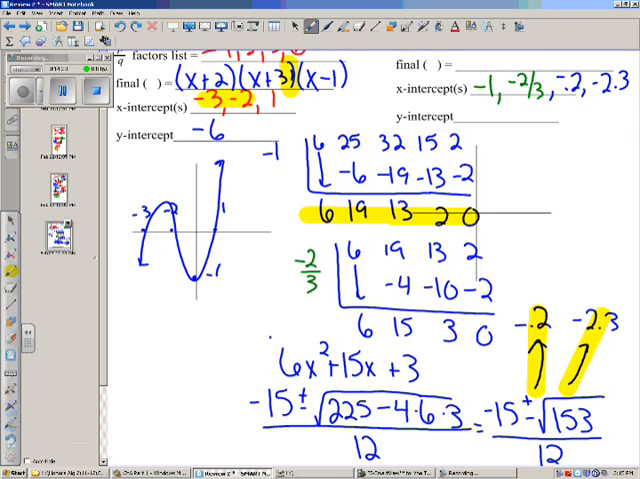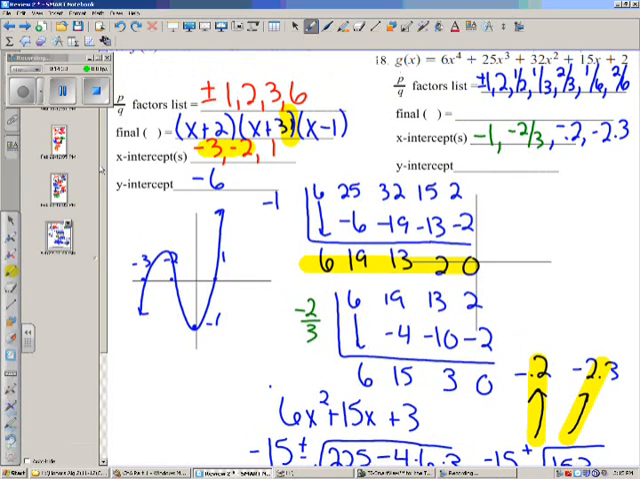Now I'm going to put in my parentheses. So remembering that I cheated with the -1, I'm just going to put in x plus 1. And that I cheated with the -2/3, I'm just going to put x plus 2/3, very basic. And then if I think about what got me to my decimal numbers, that was 6x squared plus 15x